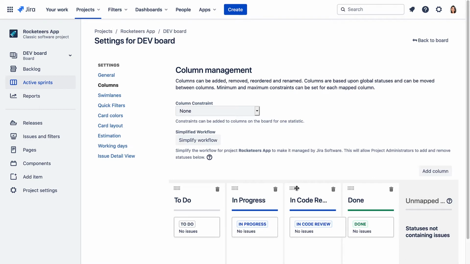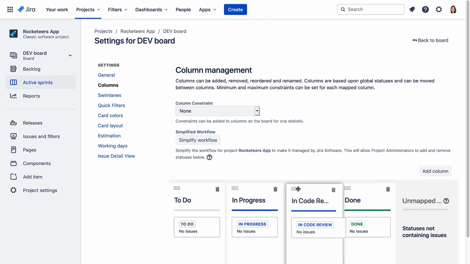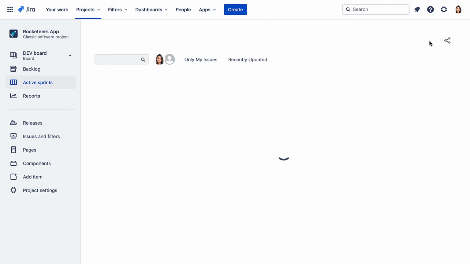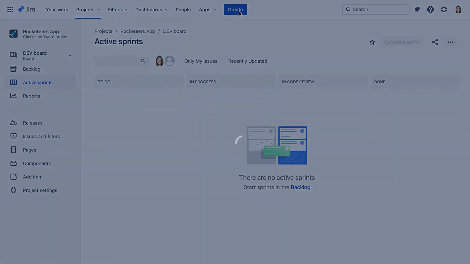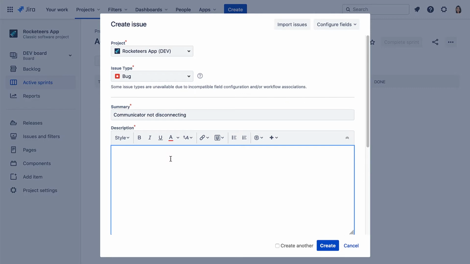Now you can grab these grey dots and move it around, but let's keep it in between In Progress and Done. And now we'll click back to board, and now we see our new in-code review column on the board. Let's verify the workflow and the board works as expected. So we'll start creating a new issue. In the Rocketeers app, we'll leave it as bug and we'll give it a summary and a description